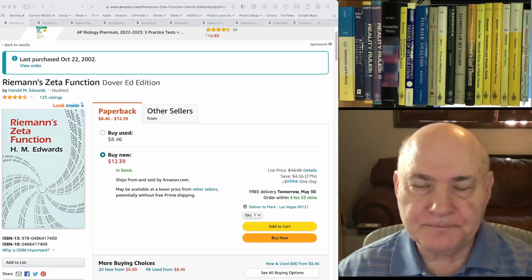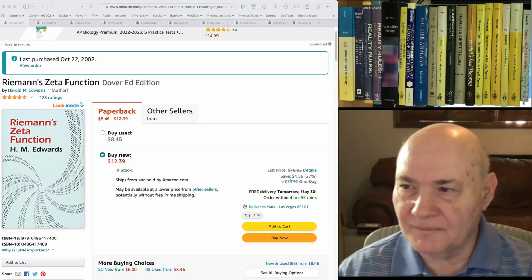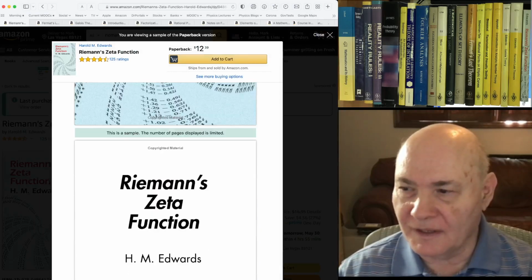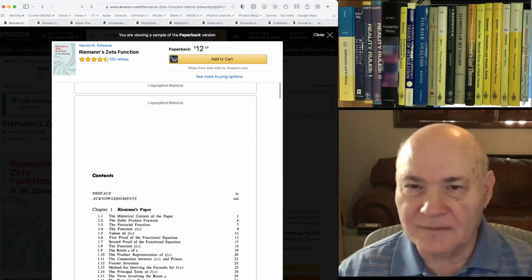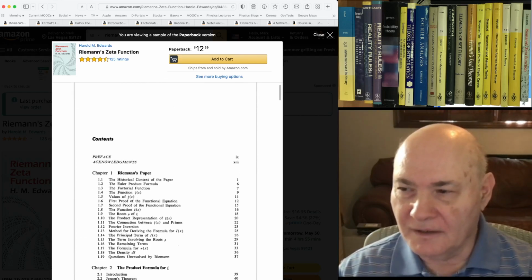And I recommend looking at all of his books. I'm going to give a selection of about 3 here, but he's got a bunch of others. But the best thing about his books is that his philosophy is to show a lot of computations and everything. This book will let you learn a lot about Riemann's zeta function, and the original paper